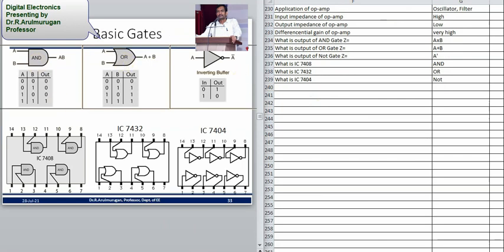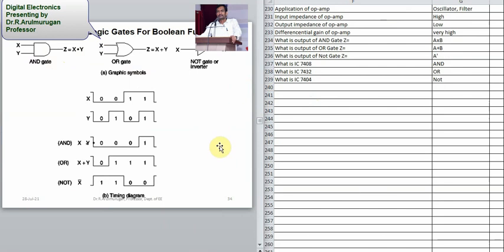This is also a continuation. We are drawing in terms of diagrams. So 0 into 0, 0. AND gate, so multiplication: 0 into 1, 0; 1 into 0, 0; 1 into 1, 1. So you are going to draw the curve. This is how the digital waveform comes. This is the method by which the digital waveform is coming.